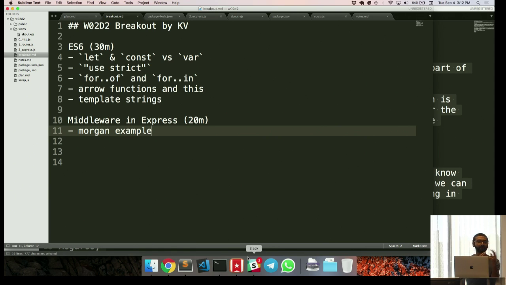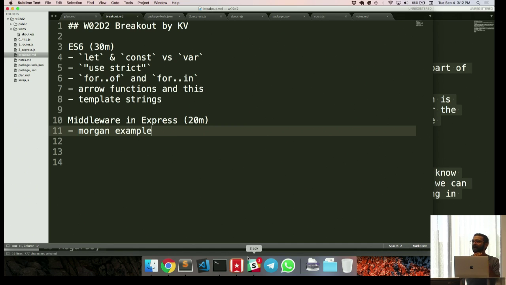Today, we'll talk about 2 things in Breakout, which will be ambitious. One is the actual schedule for the Breakout, which is looking at this new syntax that you've already started using, that you saw in lecture today as well, which is some of the quote-unquote new features in JavaScript, or new-ish features in JavaScript that we're now getting you to use more. So they're listed here: how we define variables.